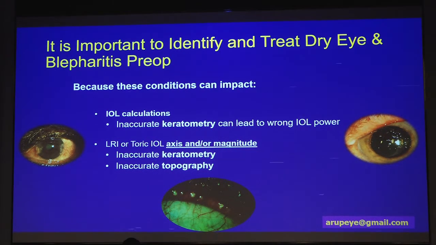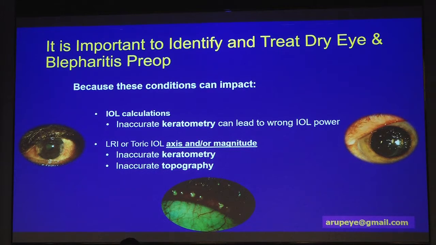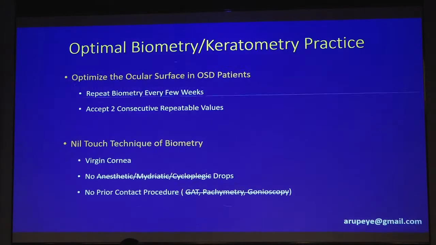We first look at the ocular surface. Over the last couple of years, we have learned that an abnormal ocular surface can definitely have an adverse impact on the keratometry, the magnitude of astigmatism, as well as the axes of astigmatism. So whether you're planning for a toric lens, a non-toric monofocal or a multifocal lens, your results will go haywire if you have not taken care of the ocular surface. After an ocular surface assessment, if the patient is found to have a deficient ocular surface, I would put the patient on treatment, optimize the ocular surface, and repeat biometry every few weeks till I get two acceptable and repeatable values, two consecutive ones.